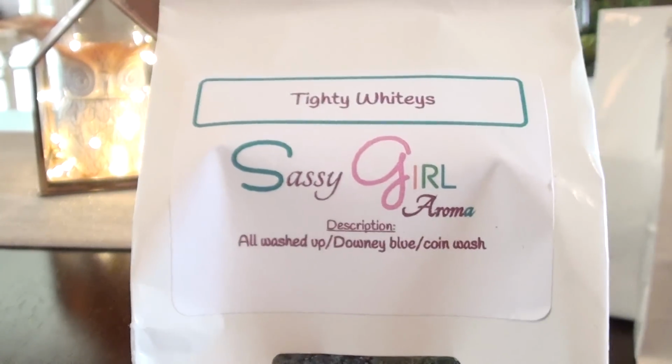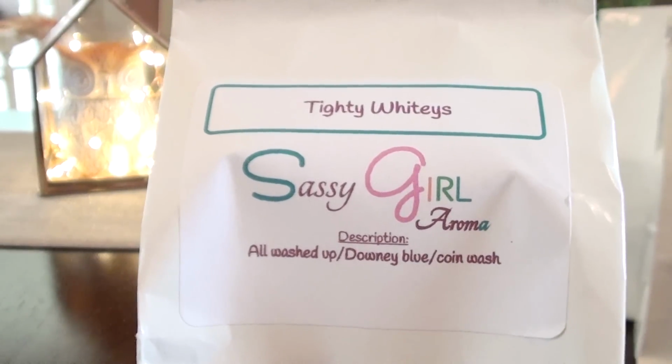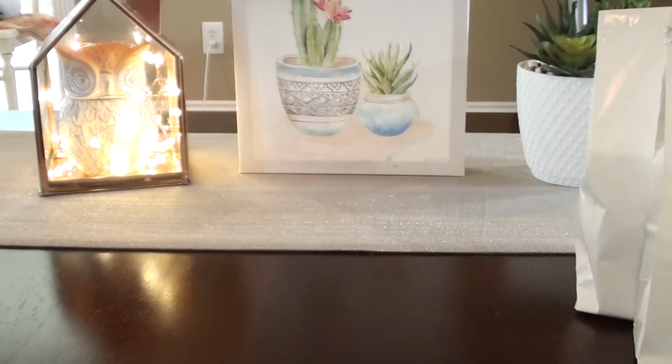what do I want to call it? It's kind of like my spring cleaning, but it's not spring. I already did a spring cleaning, but I'm going to go back and redo what I did before. I do that several times throughout the year. I don't believe in just one big spring clean. I kind of do it in, I guess you would call it quarters, possibly. But I need to do that again, and so I'm trying to pull some clean scents,